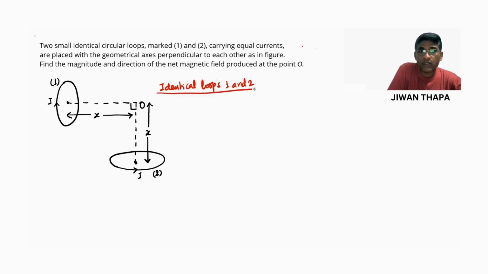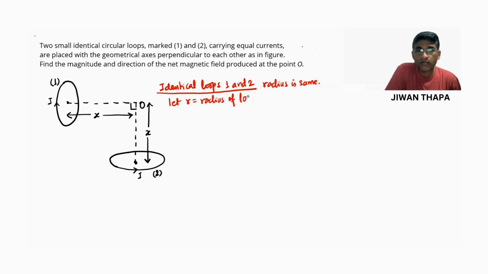For identical loops, the radius is the same or equal. So we have this. Therefore, let R be the